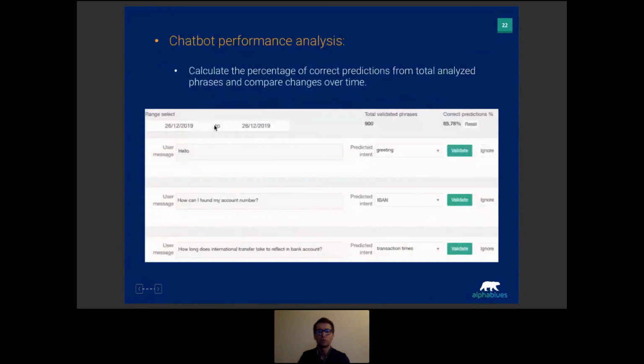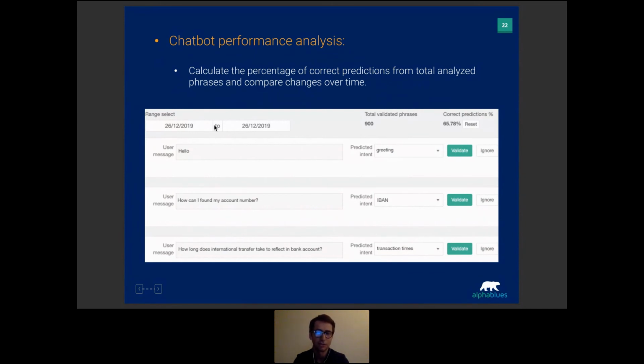And so, what you also want to have is some performance analysis. What you want to do is see what users are saying, and also measure how well the bot performs, because this is the way that you get to see how well you have trained the bot, because we're all about measurement. So, with AI, you can measure so many things, and how accurate the bot is is just another thing you can measure.